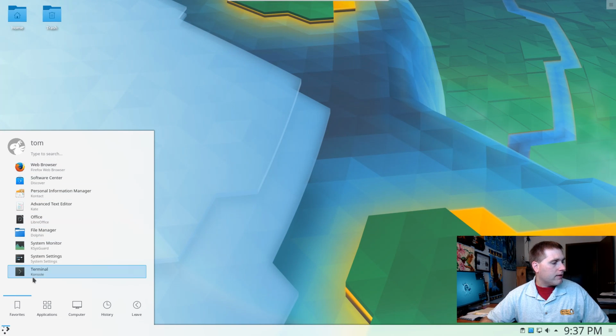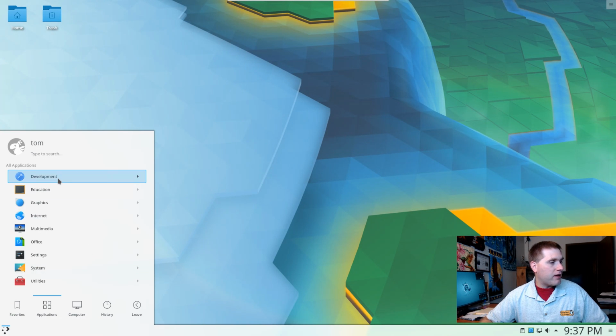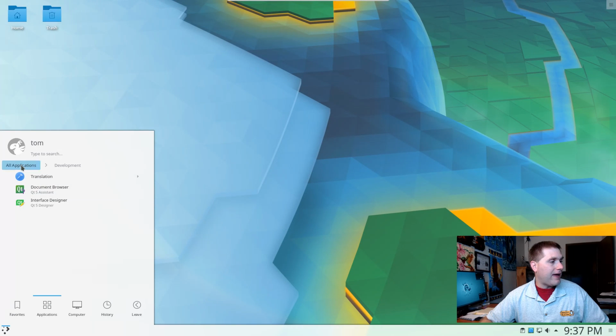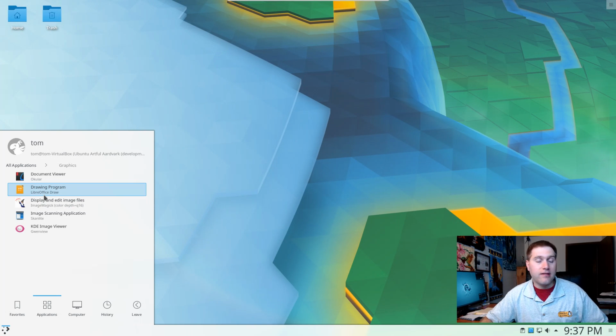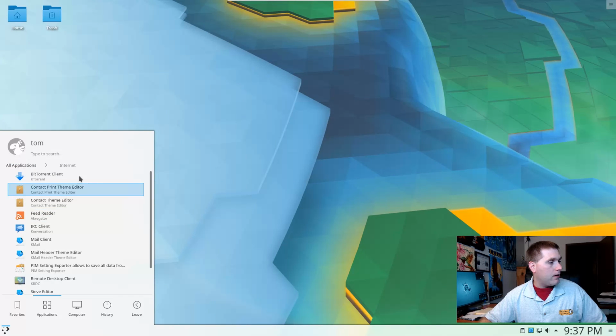All right, so as far as the other applications, everything you would expect out of KDE. We have our basic KDE applications. Oh, LibreOffice. That's the other one that is not a KDE application that's pre-installed. So let's see. There's ImageMagick. We have the KDE Image Viewer, Document Viewer. We have KTorrent,